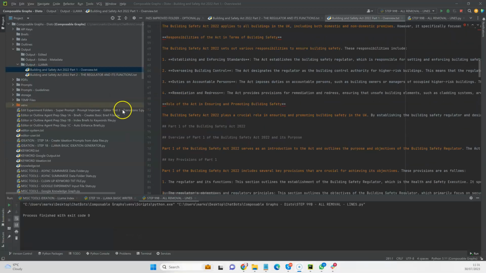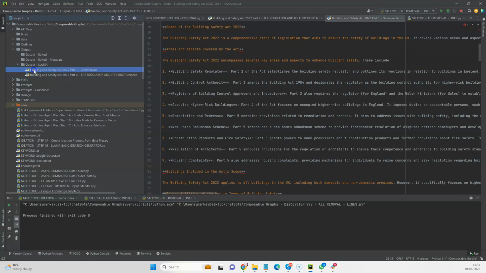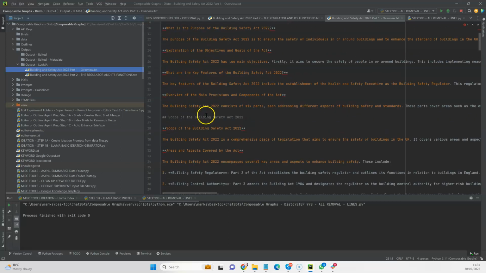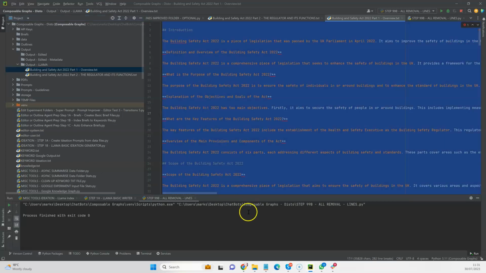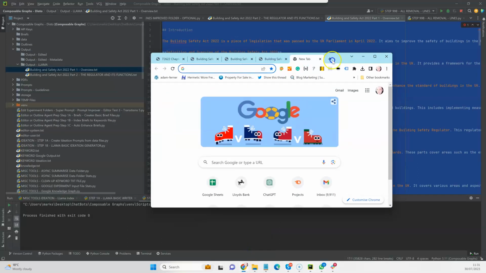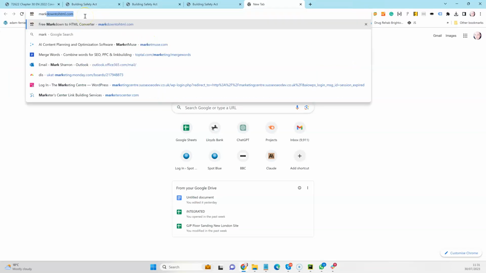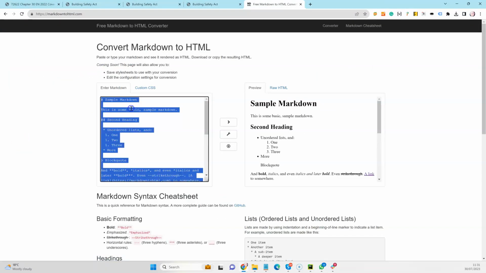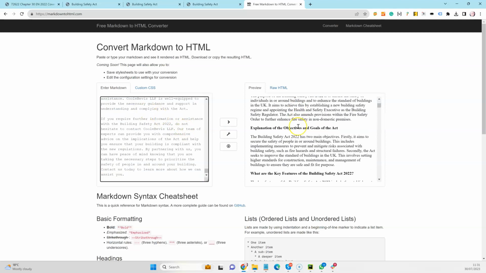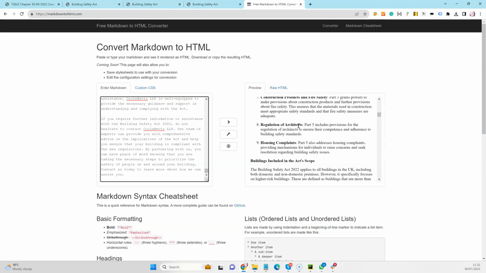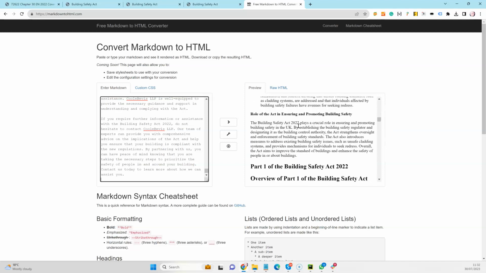Alright, so as you can see, the outputs are being written to this folder here, and we have a pretty beefy document. So if I just take this out, for example, it's written in Markdown. So what that means is if we just bring up a browser, I'll just use this as an example, Markdown to HTML, pop that in there, and here we have a complete document and a complete rundown and overview of the